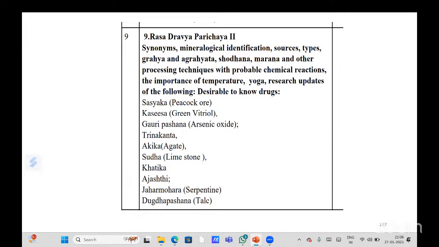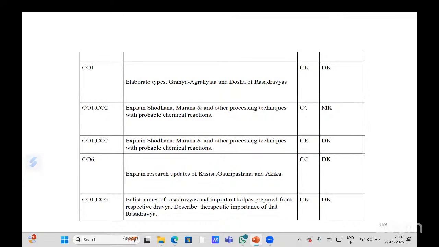Okay, any article. It is not that everyone should write the same article. If you know any research work in relation with that particular drug, you have to write any one or two research updates. It's well and good. Okay, so moving to Sasyaka, taken as your example, you have to write